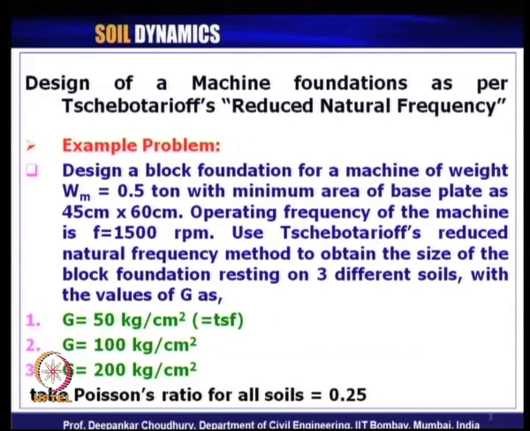We have solved a model example problem for design of block type machine foundation using Chebotarev's reduced natural frequency method. The problem statement was given to us with the size of the base plate, the weight of the machine, and the operating frequency of the machine, and it was asked how we can design the machine foundation for 3 different types of soil. And after doing all the design analysis using Chebotarev's reduced natural frequency, we found that except for one case,